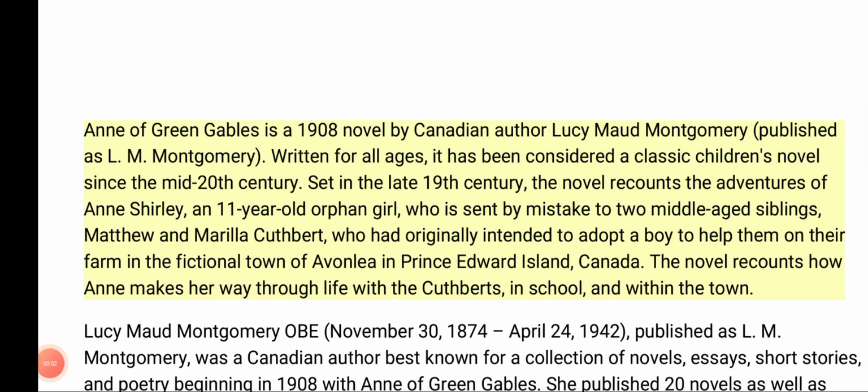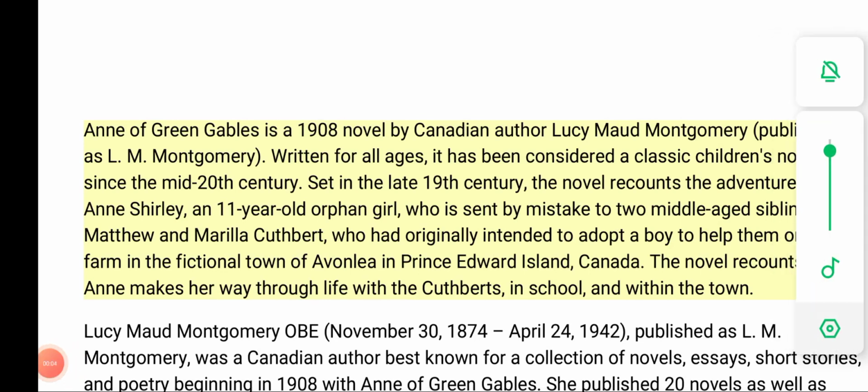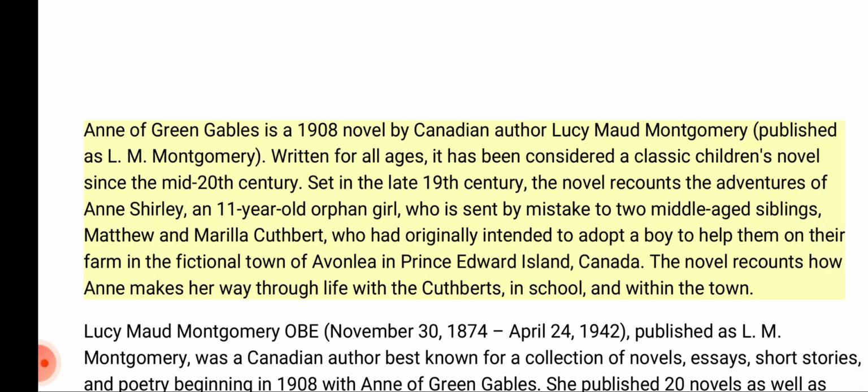Anne of Green Gables is a 1908 novel by Canadian author Lucy Maud Montgomery, published as L. M. Montgomery. Written for all ages, it has been considered a classic children's novel since the mid-20th century. Set in the late 19th century, the novel recounts the adventures of Anne Shirley, an 11-year-old orphan girl, who is